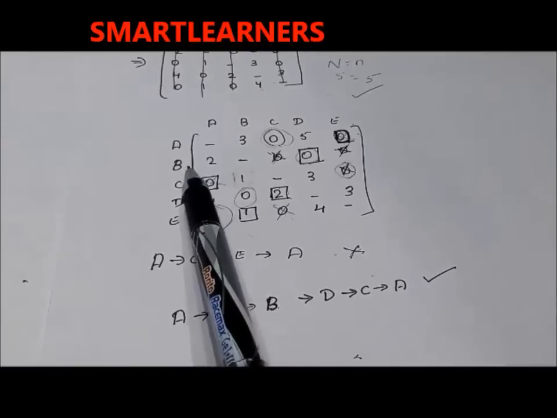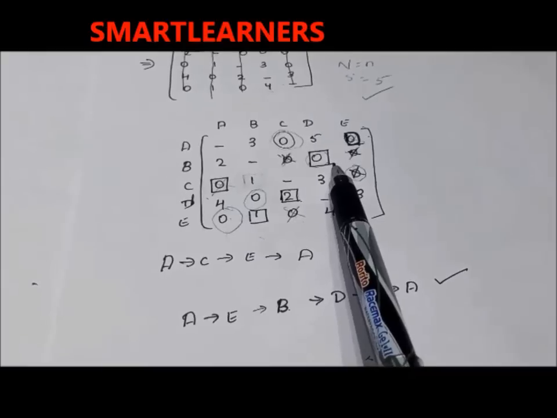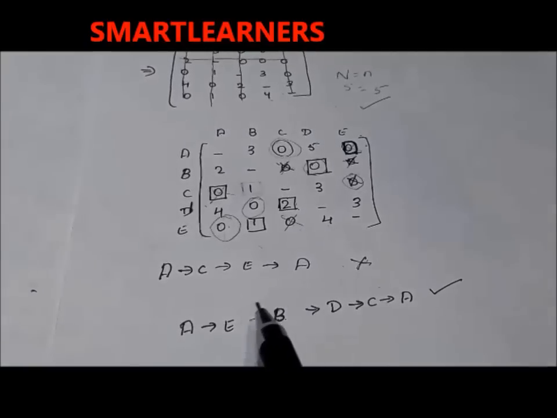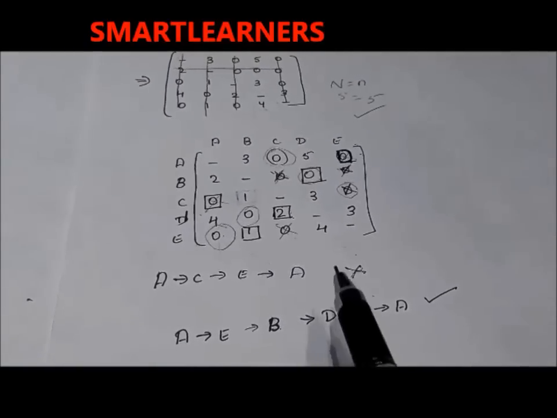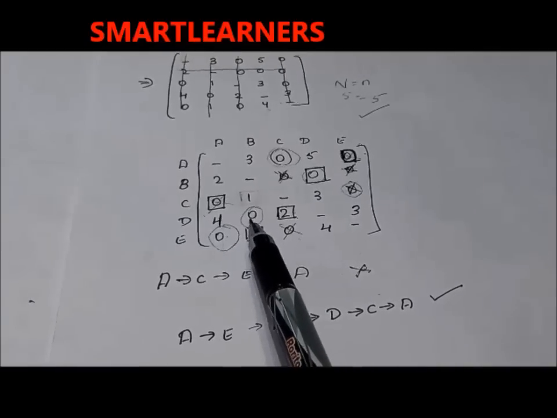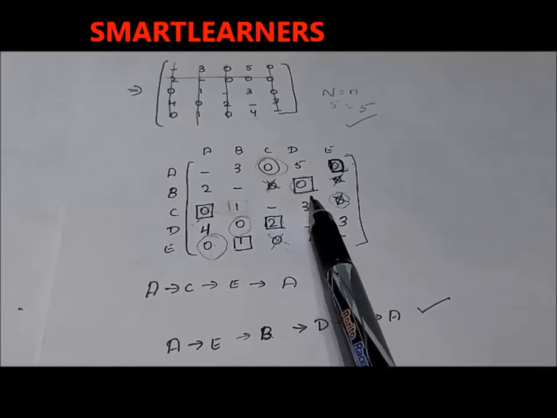Now go to B row. In B row, it is directly already chosen. D is there, so write down B tending to D. Now we don't have any problem till here. Now come to D row. In D row, what we have chosen initially is B, which means it is going to recur and go back to column B.